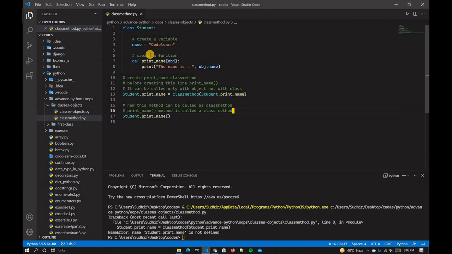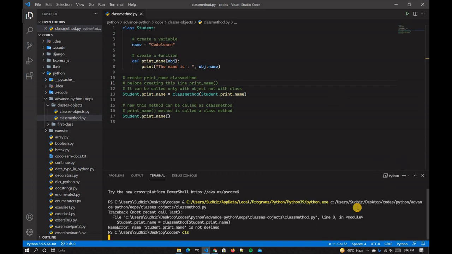After that I added a comment: create print_name class method. Before creating the line print_name, it can be called only with objects, not with the class. Then I typed student.print_name as a class method, declared it, and called it.